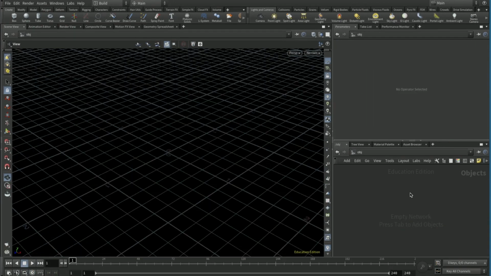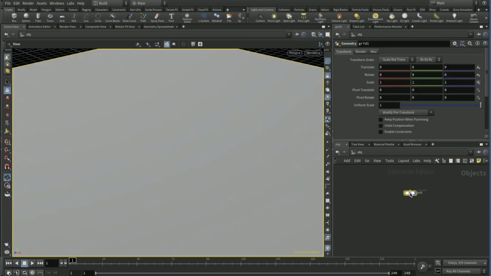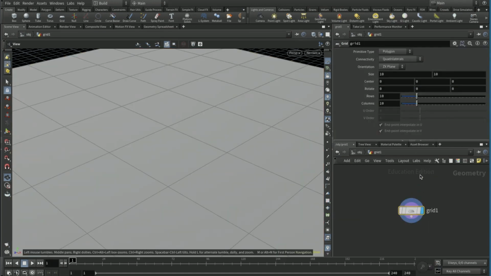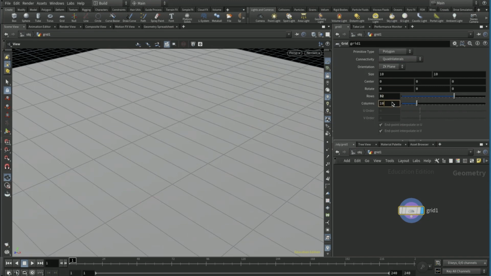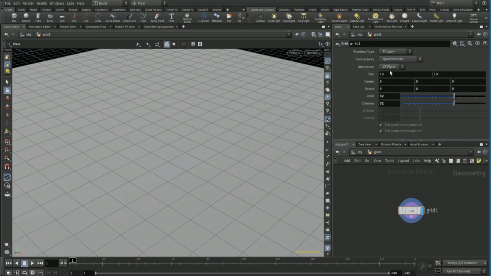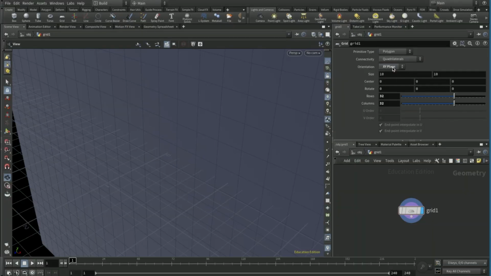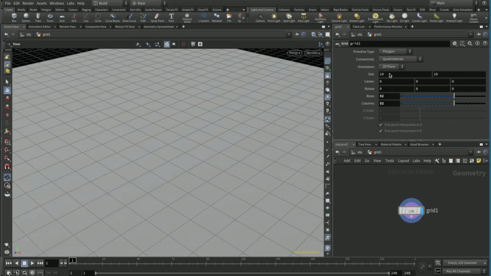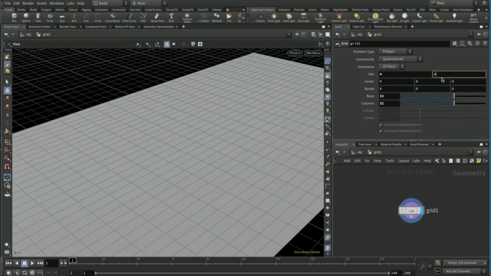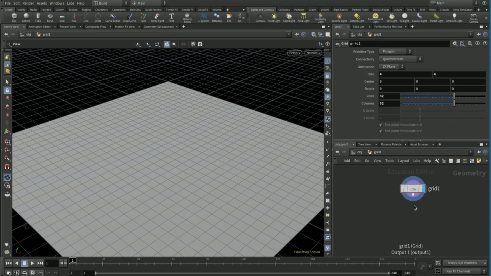This is just going to be a quick tutorial on how to create this motion graphic grid. So what you're going to want to do is drop down a grid node, dive in, set the rows and columns to 32, and set the size to 4 by 4, and drop down an attribute